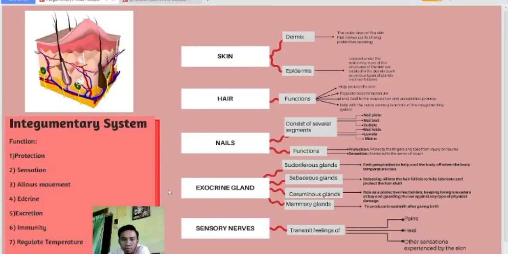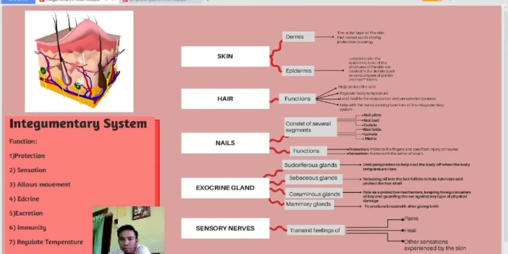Thank you. Integumentary system. The functions of the integumentary system are protection, sensation, allowing movement, endocrine, excretion, immunity, and regulating temperature. We have 5 organs of the integumentary system, which is skin. Skin is divided into two parts, dermis and epidermis. The dermis is the outer layer of the skin that makes up its strong protective covering, and the epidermis is located